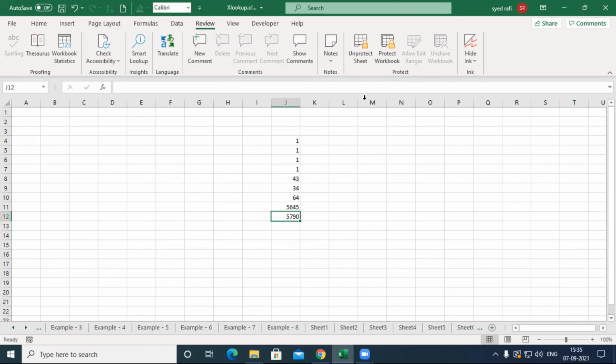If you want to remove it, simply unprotect the sheet. You make Unprotect Sheet, then you get it in the normal way. I hope you can understand. Okay. If you have any doubt,